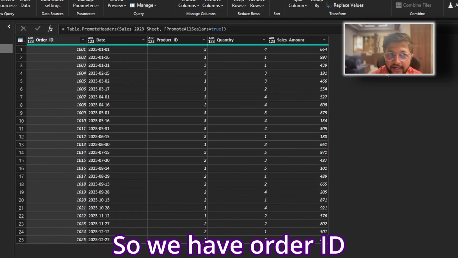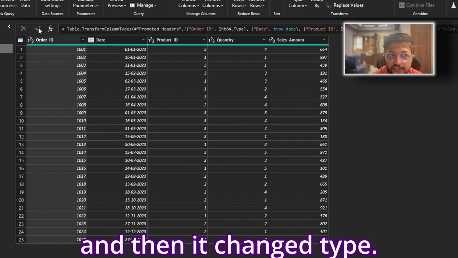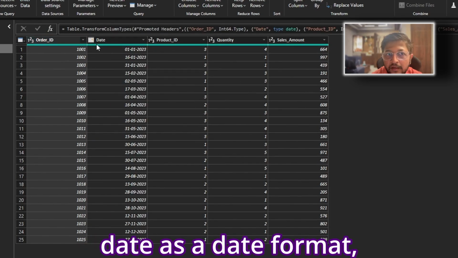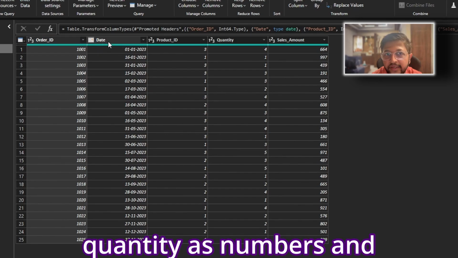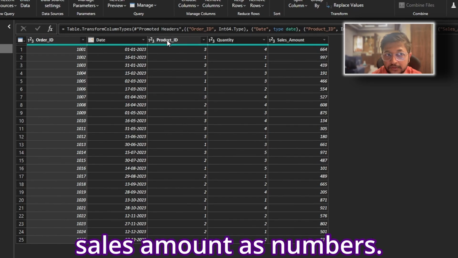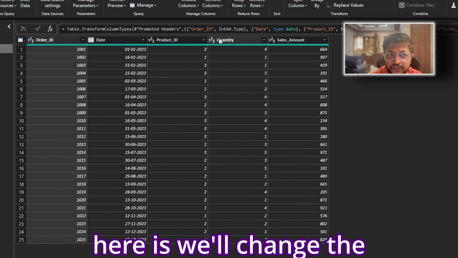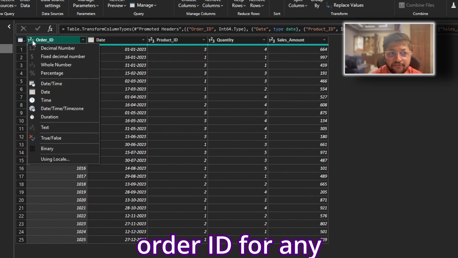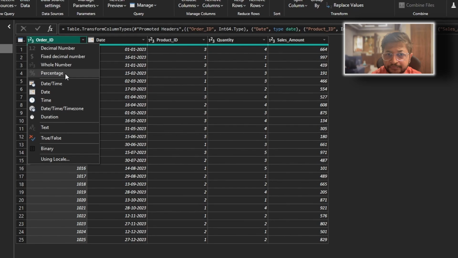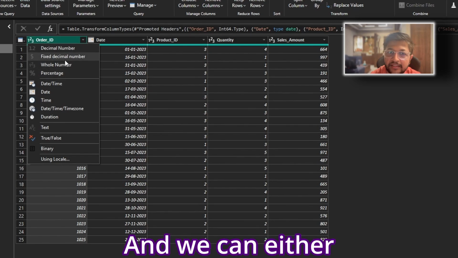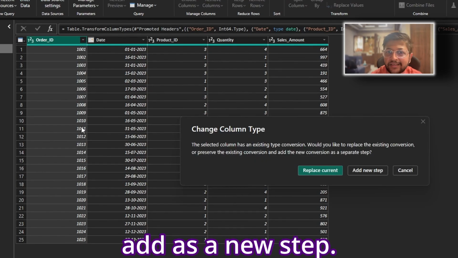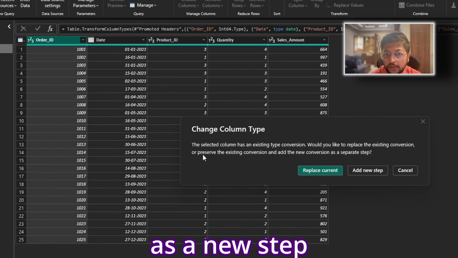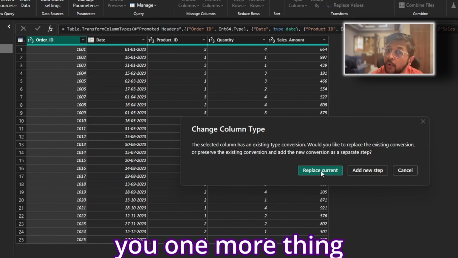So we have order ID, and then it changed type. So order ID as numbers, date as a date format, product ID as numbers, quantity as numbers, and sales amount as numbers. But what we'll do here is we'll change the order ID to text, because we don't need the order ID for any calculations or anything. And we can either replace the current step or we can add it as a new step. For now, I will add it as a new step